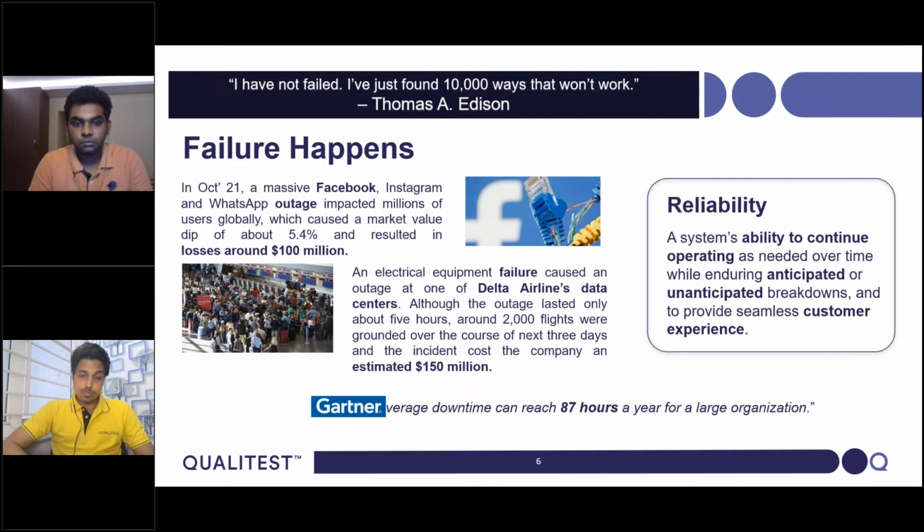They incurred almost close to $100 billion loss during this outage. So this purely calls out that failures happen, of course, but how do we reduce this outage window, and how do we make our systems more reliable and meet user experience expectations?